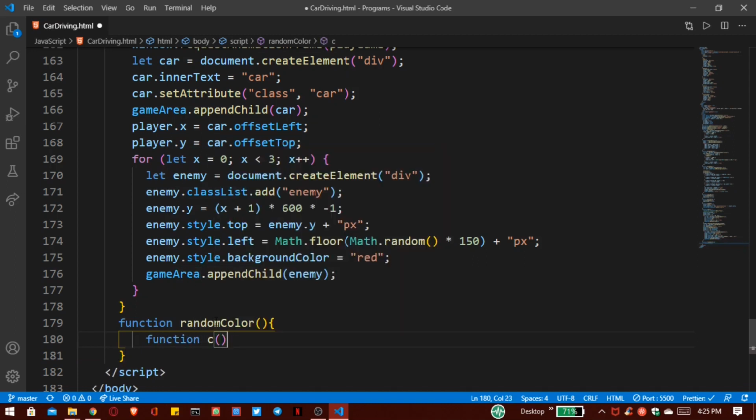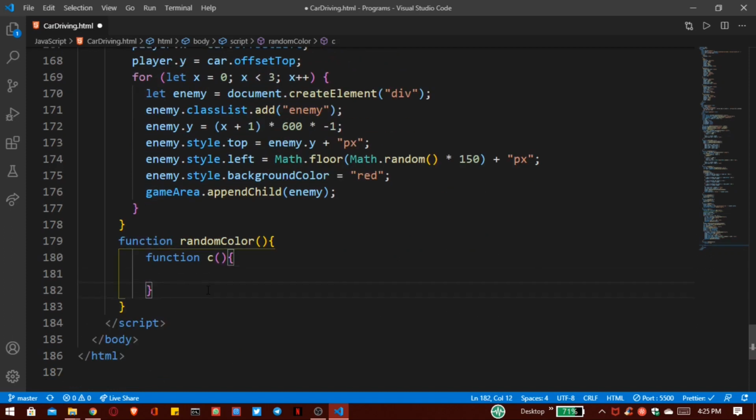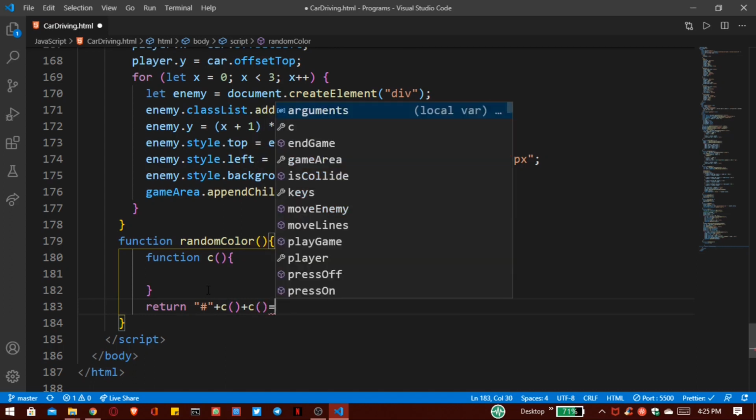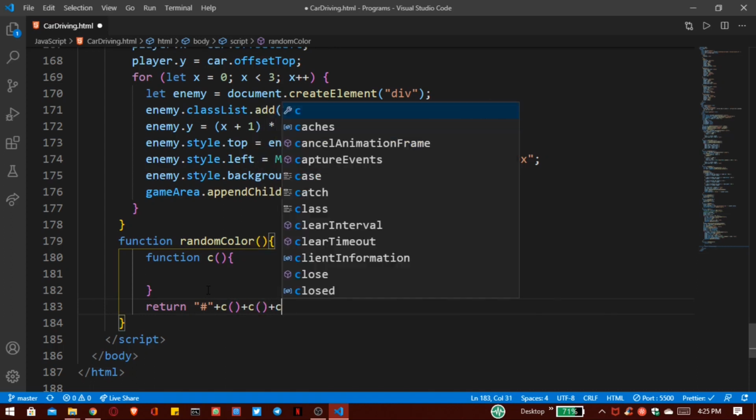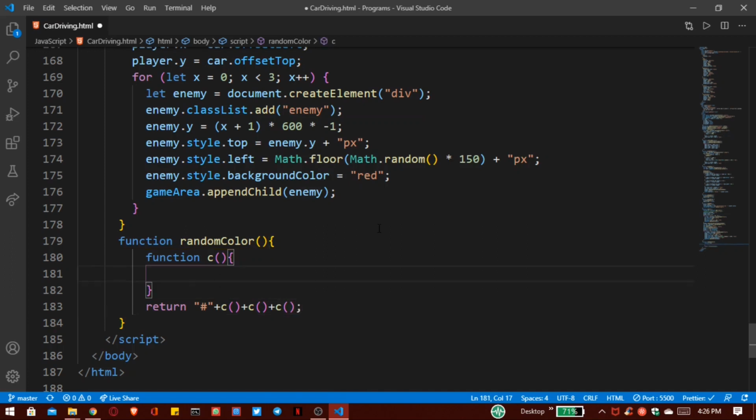I write only C, and here I want to return that hash plus C. I hope you get an idea about hash colors like FFF, EEE. So that functionality I want to use to change our color.